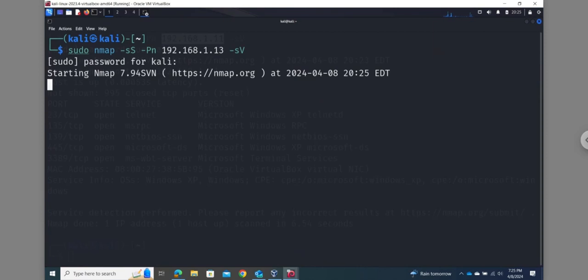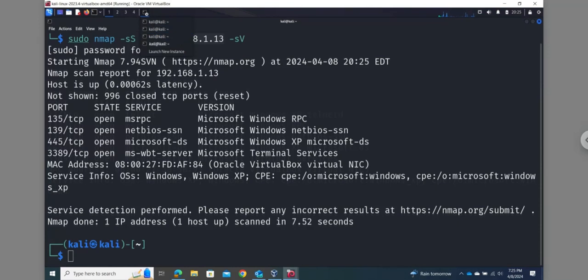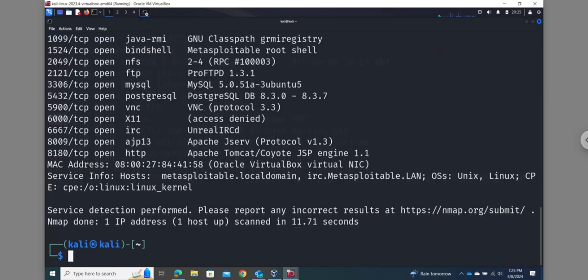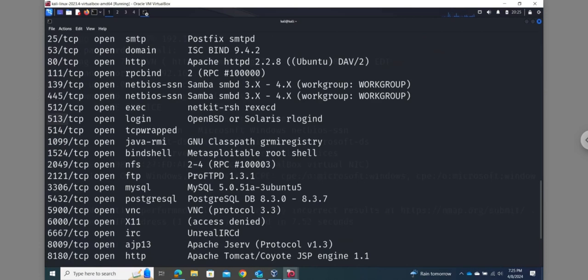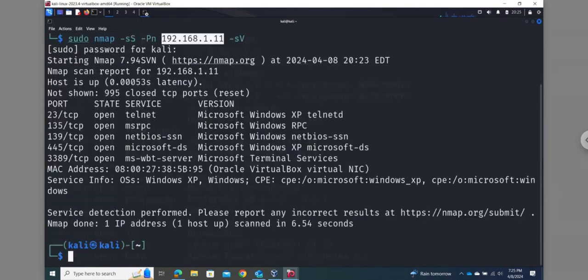Once you identify which ports are running on them, here you can see these ports running. MSRPC is running on port number 135. Similarly, for the second Windows machine,